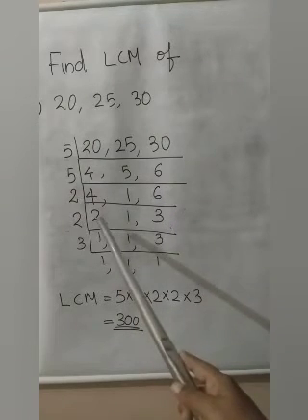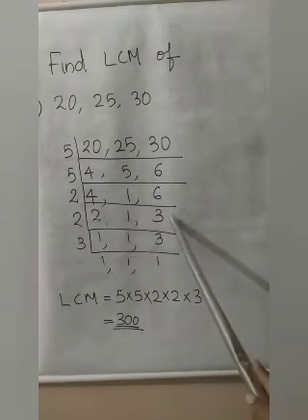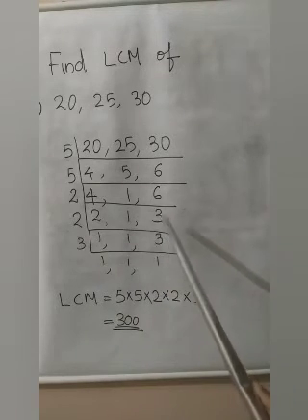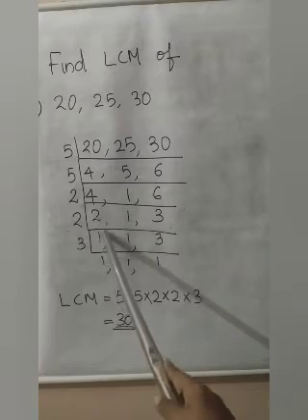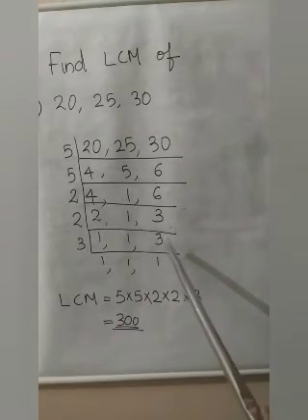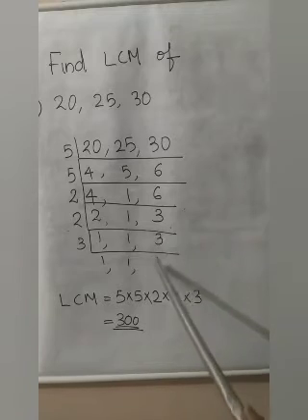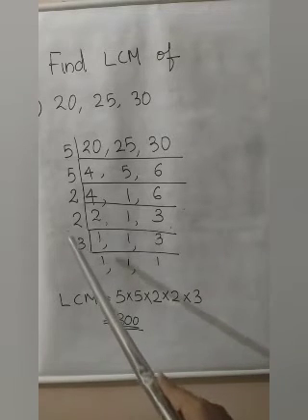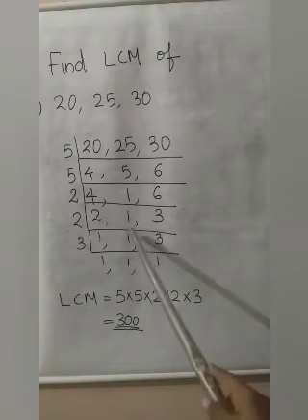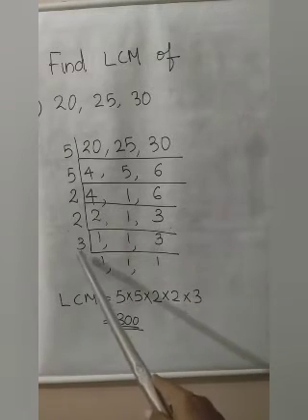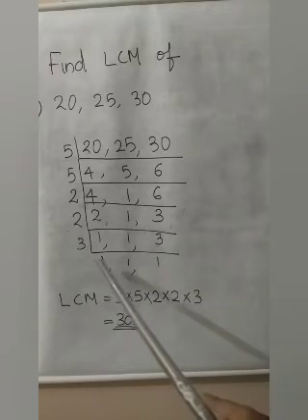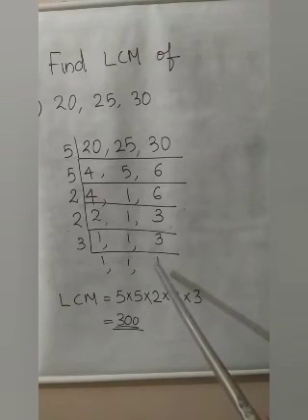Now, next what you have is 2 and 3. This 2 we can divide with 2. But 3 and 1 we cannot divide. So, 2 when dividing with 2 you are getting 1. 1 you write the same. 3 also you write the same. In order to make this 3 into 1, divide that 3 with what? Sorry, 3. So 3 divided by 3, what are you getting? 1. That means in the last step make all the ones 1.